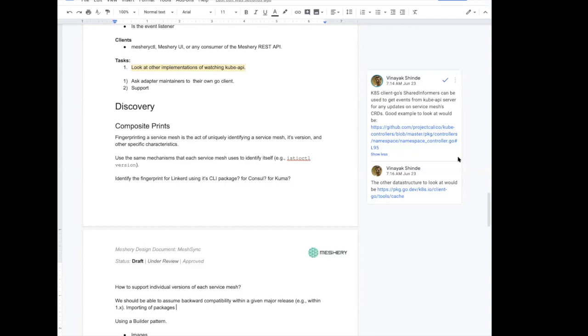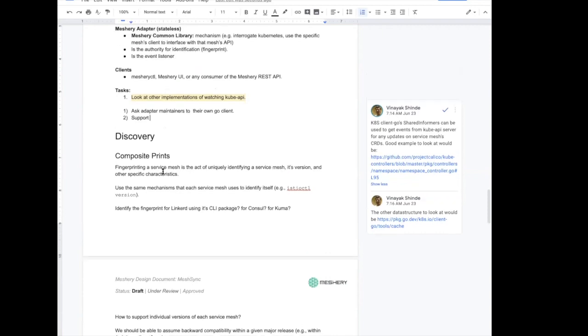Sure. So Consul is one thing. What should the second one be, Kuma, or which one? So Vinayak, let's do this. Let's tackle Linkerd and Istio at the same time. So me or Adeep could start tackling Istio. You could start tackling Linkerd and look at the code on how we can do